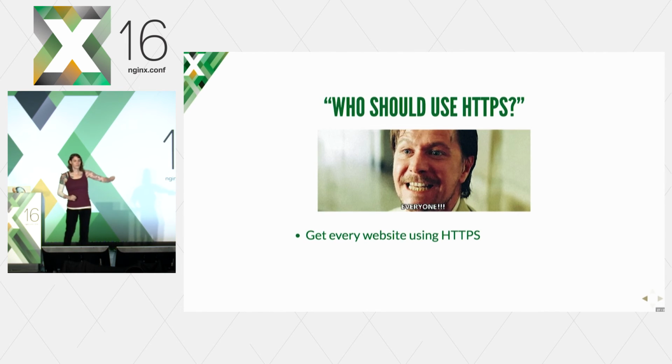Because when you don't use HTTPS, you put your users at risk, and you put the whole internet at risk. When network providers can inject whatever content they want into those lovely cat picture pages, they can be attacking GitHub. They can be attacking whatever site they want, doing DDoS attacks that are very hard to mitigate. So my goal, and our goal at Mozilla, is to get every single website using HTTPS.